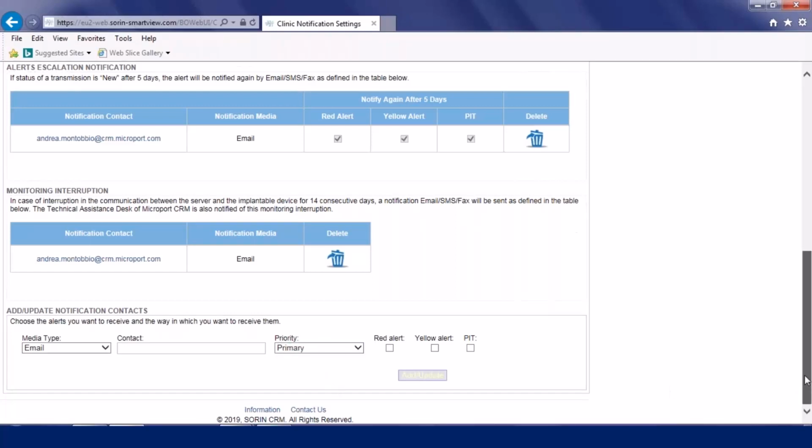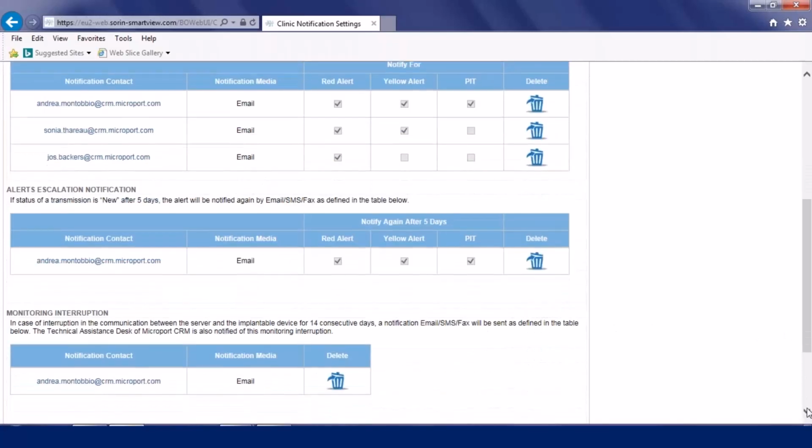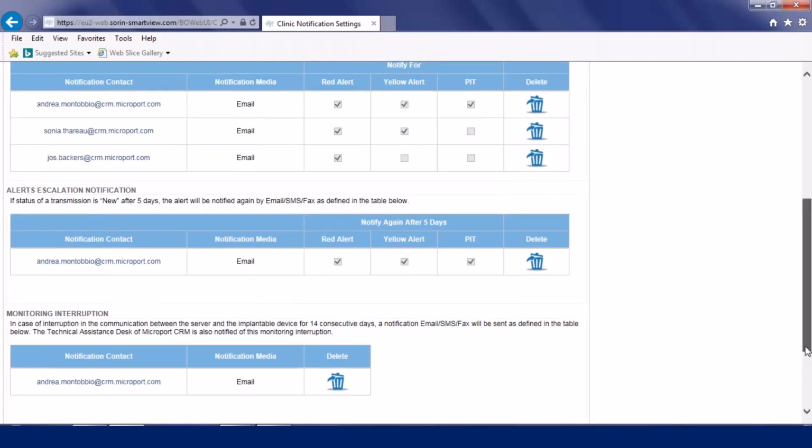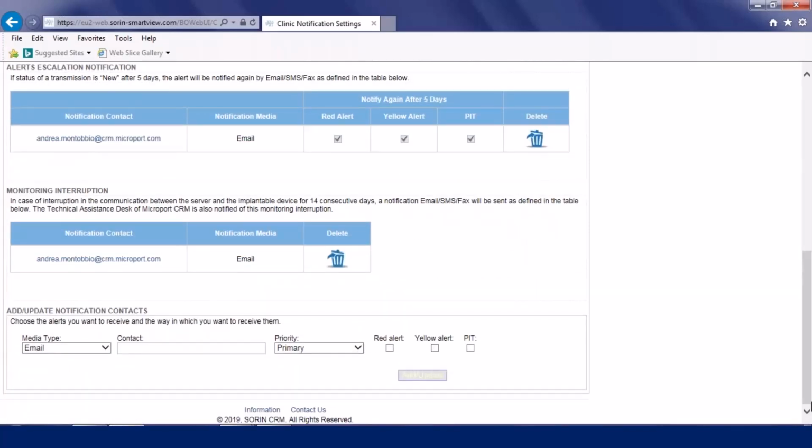So what I just referred to is the primary alert, where as soon as there is an alert in the morning, you receive it. Alert escalation means that if none of the people here have reviewed the transmission, then it can be transferred to someone else or the same person. Usually it's recommended to send it to someone else because there is a reason why they haven't reviewed it after 5 days. And the monitoring interruptions, that's something